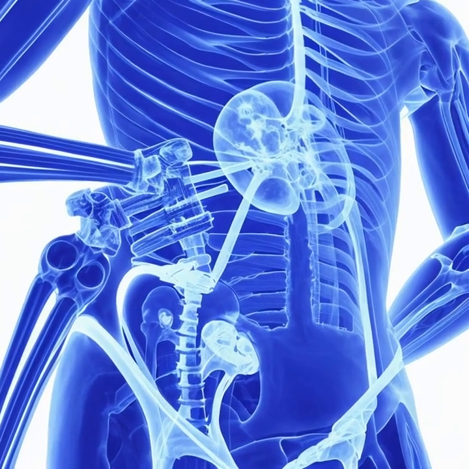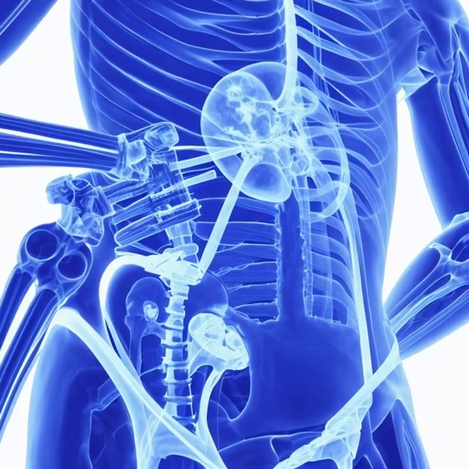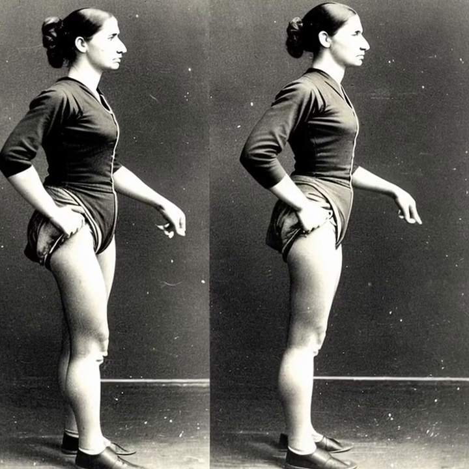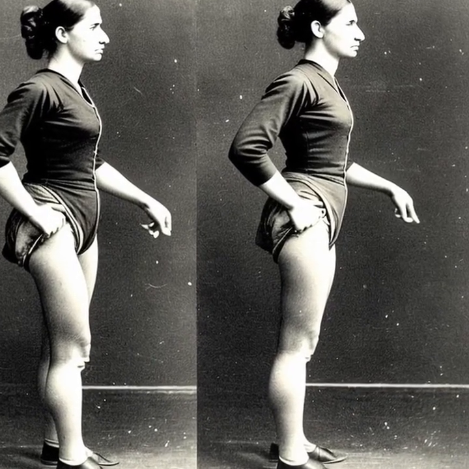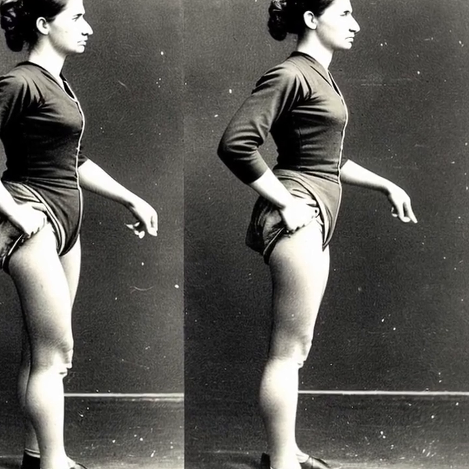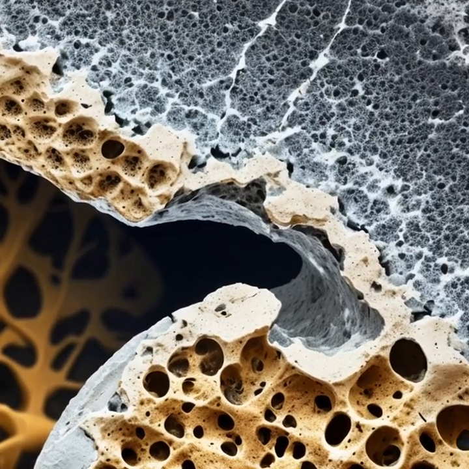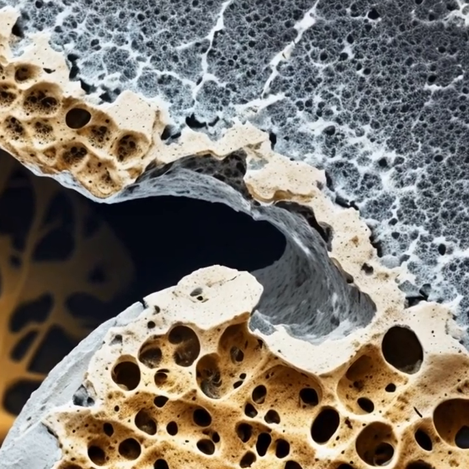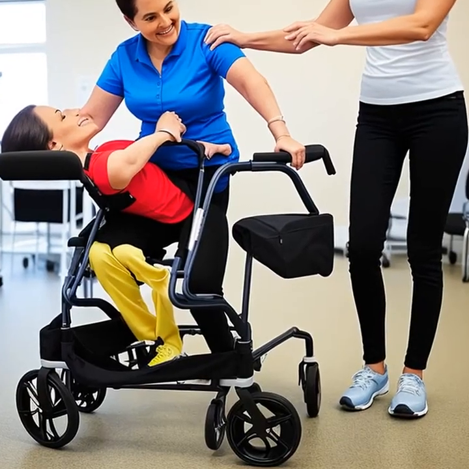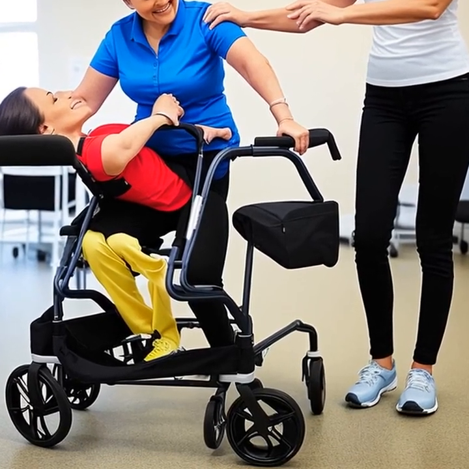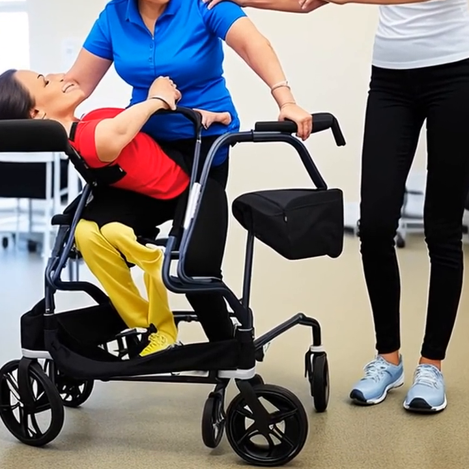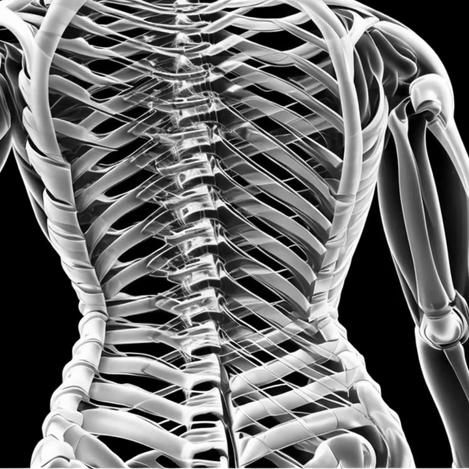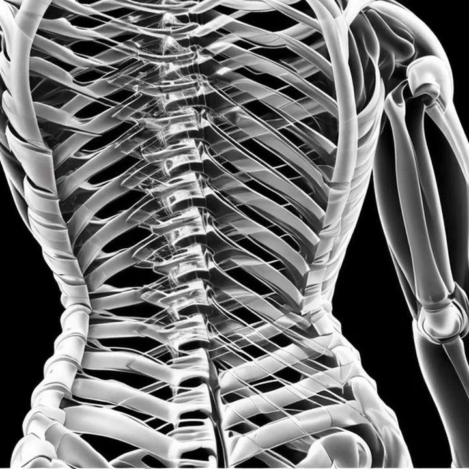Lastly, let's discuss the potential complications of untreated osteoporosis and the importance of prevention and management strategies. The primary concern with osteoporosis is the increased risk of fractures, as weakened bones are more prone to break even from minor falls or injuries. The most common fracture sites are the hip, spine, and wrist. These fractures can have severe consequences, such as: